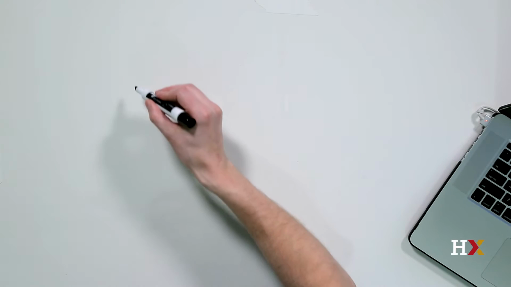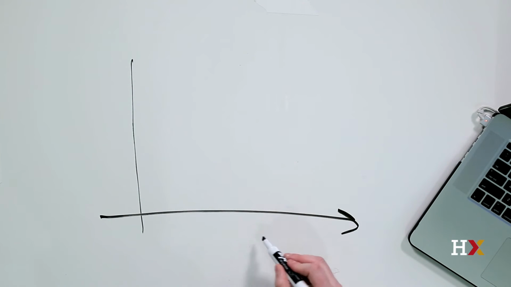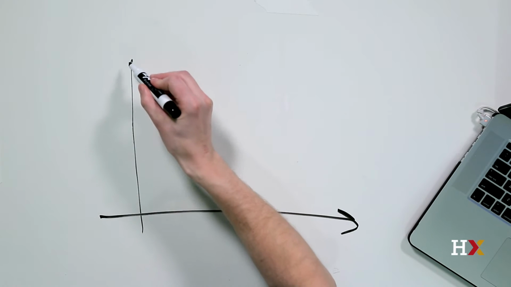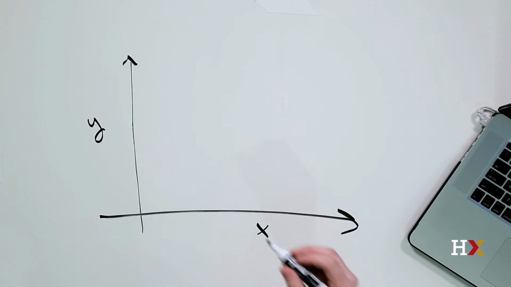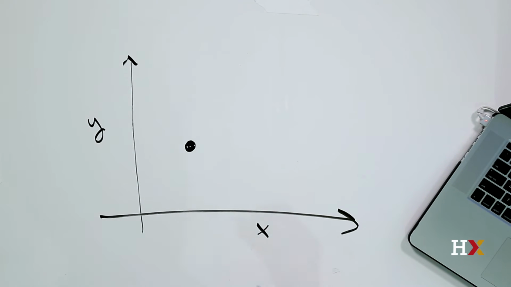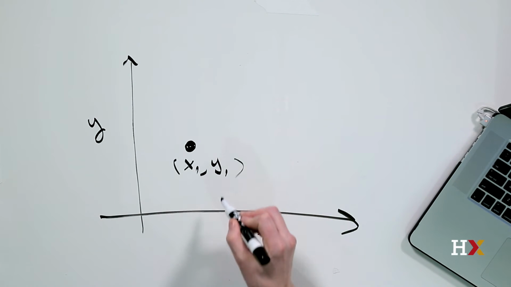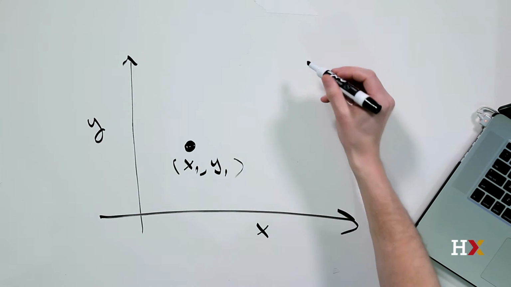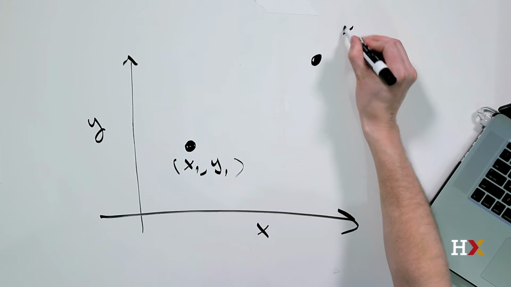Let's first look at the geometry of the problem in 2 dimensions. Let's start by drawing our coordinate axes. In this case, I'm going to call this axis x and this one y, as is common in geometric problems. Let's have one data point here, and this has specific coordinates. I'm going to call this x1, y1. The second data point that we have is, let's say, in this upper corner here, and it has coordinates x2,